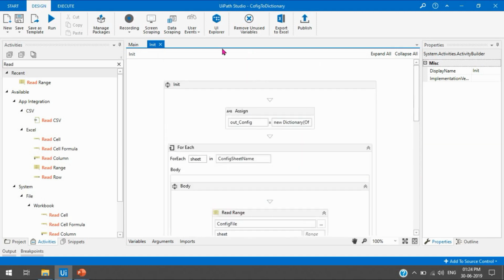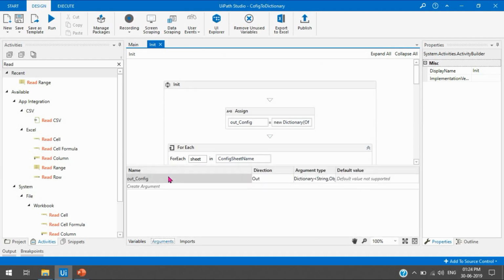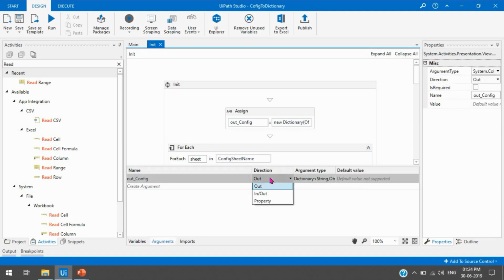The next thing, we need to take the variable in the arguments as an out argument type. Here you can see our argument name is out config, and the direction will be out. Or you can take the direction as in out, so that we can use this inside this workflow and outside the workflow also.